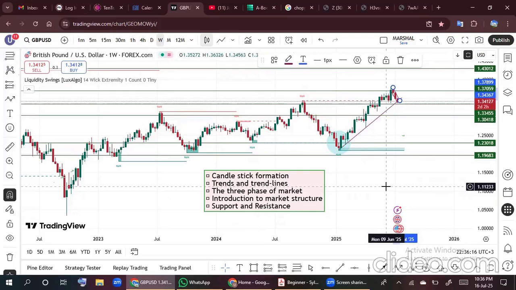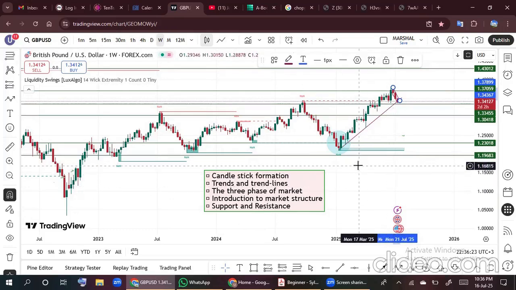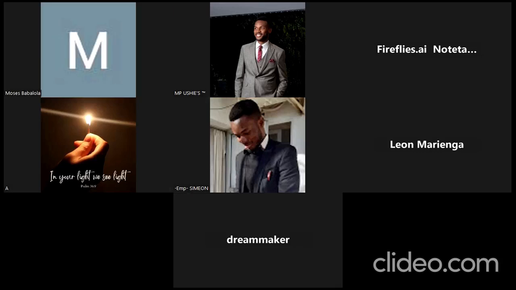So we already covered support and resistance. We've introduced the market structure. And I told us that when you see a structure, within the structure you will see chart patterns. So we're going to talk more about chart patterns. Within chart patterns, you also see candlestick patterns. And all of these, as you break it down to the lower time frames, you will see more of these structures within structures, patterns within patterns, and